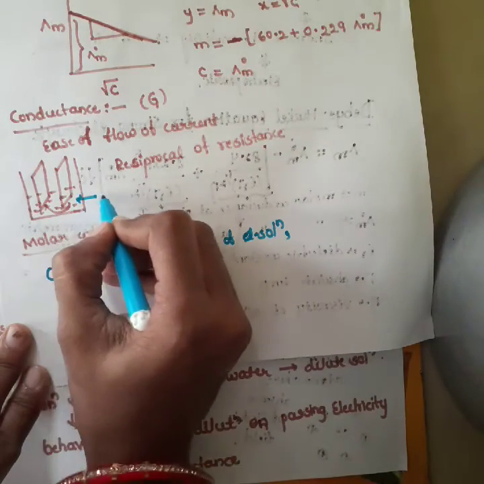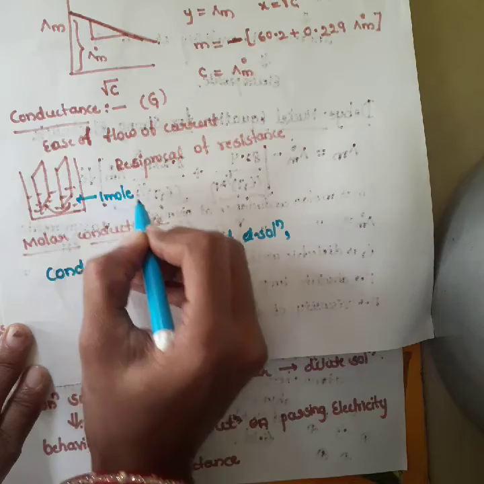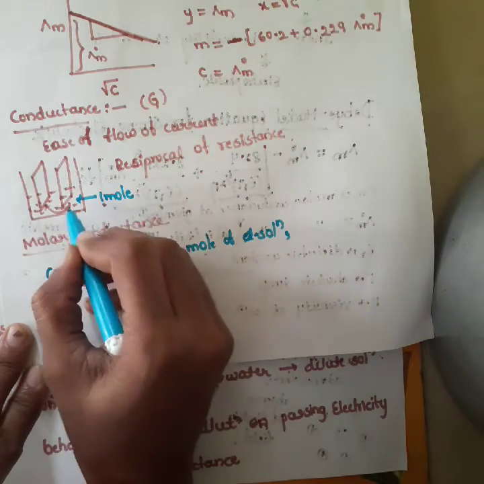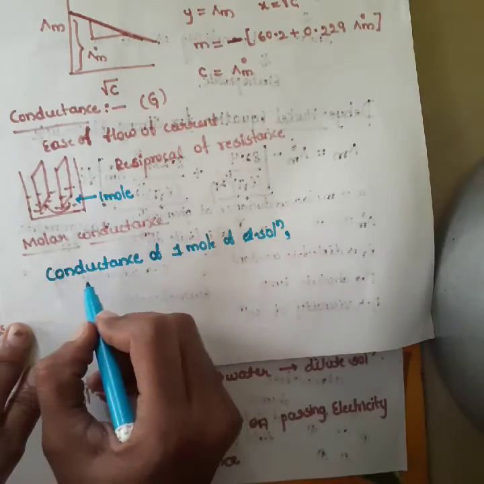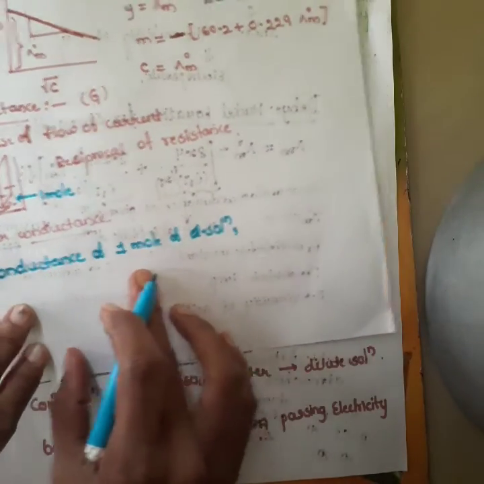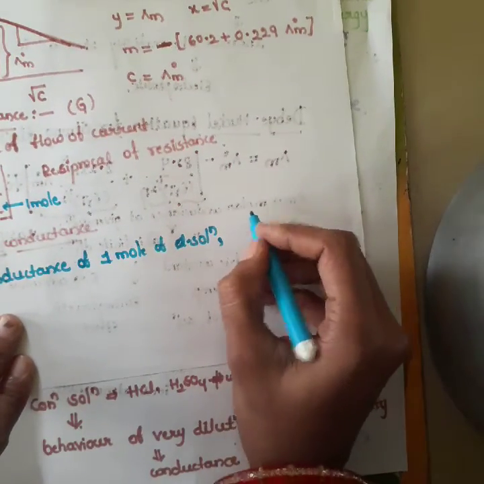Consider only 1 mole of solution. In that, the conductance is given by molar conductance. Molar conductance means conductance of 1 mole of solution of electrolyte